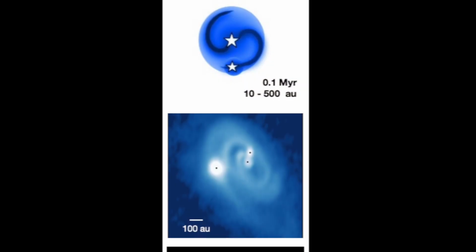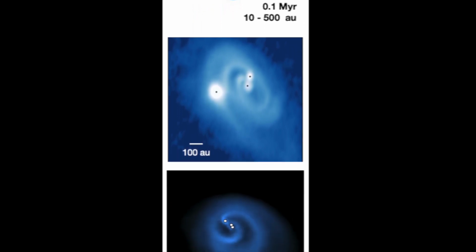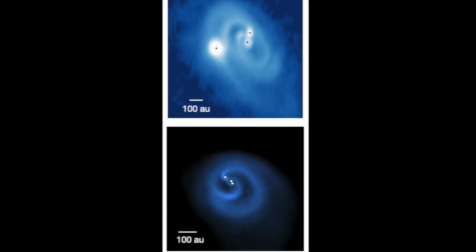This makes sense when we look at our model of disk fragmentation, which is a highly dynamically active environment and is very hostile for forming planets. What's interesting about these results is not as much that there's a sharp decline in close binary system planet hosts, but that some of them make it. This begs the question, why do some of them make it? We look at two possible explanations that come up: mutual inclination and low eccentricity.